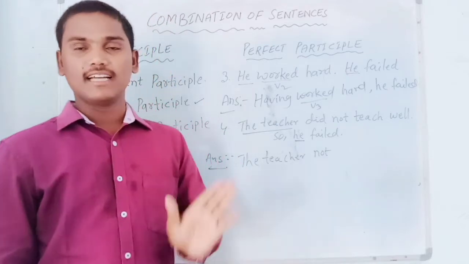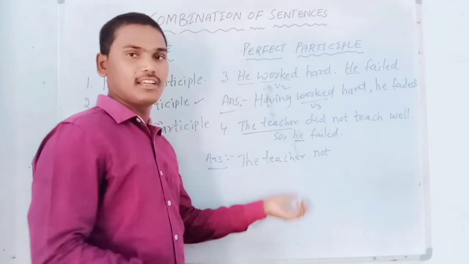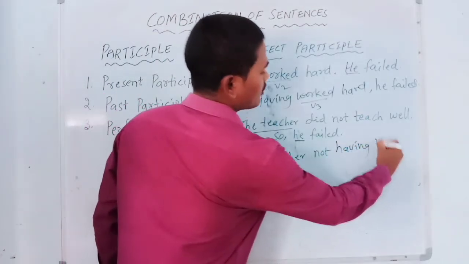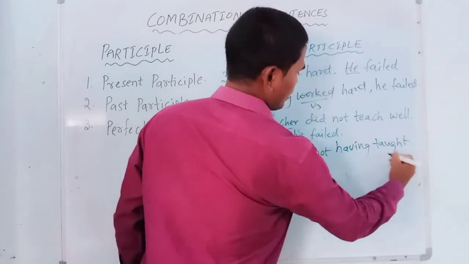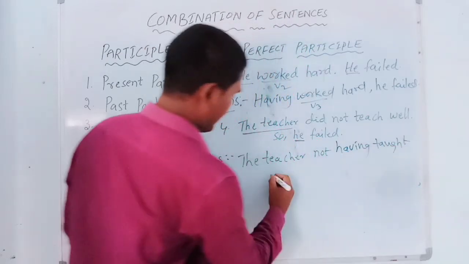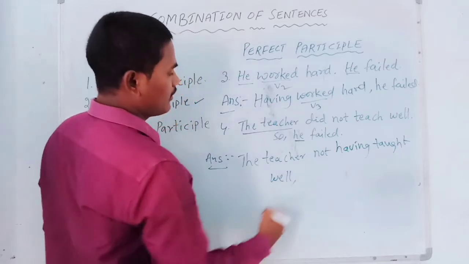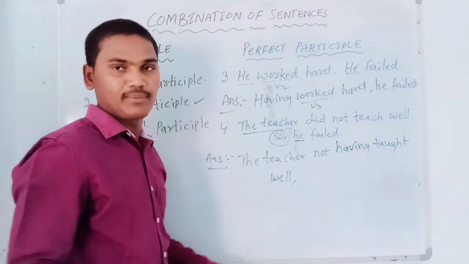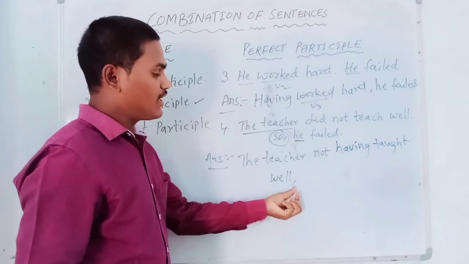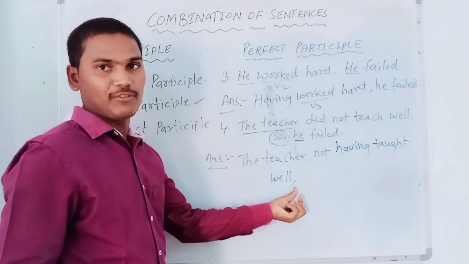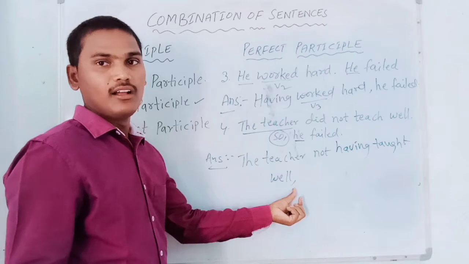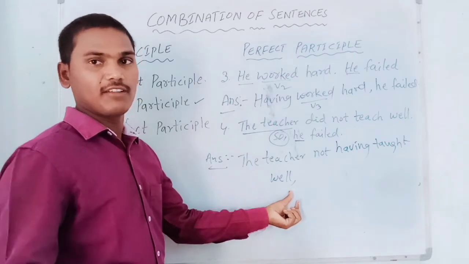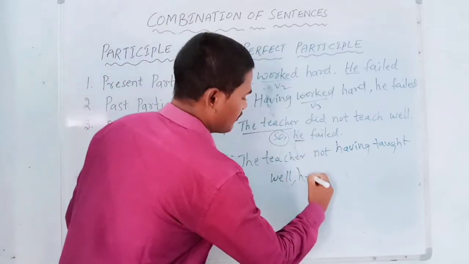So this is the rule, that's why we have to write after not in the sentence having taught. So it is a V3. Taught well, comma. So here we are getting a linker, and we don't need to replace that in an answer, because already I said you. Because we used comma after well in the sentence. So when we used comma after that in an answer, we don't need to use any linker. So directly we have to write subject. So he failed.